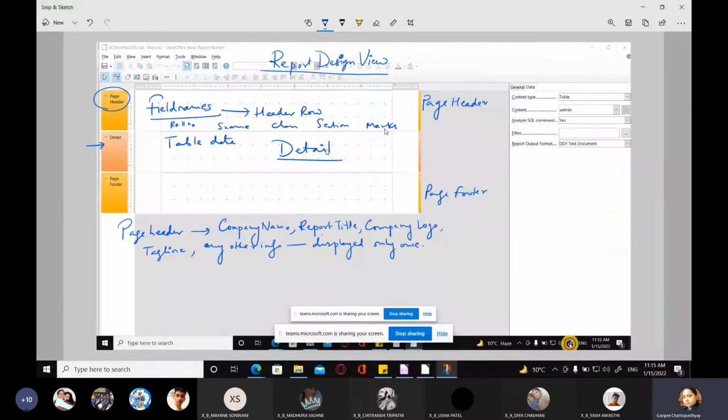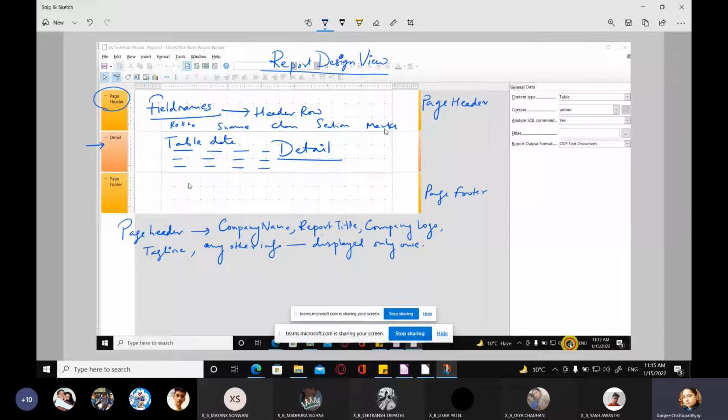Right. Now the detail section draws records individually, one by one, from the table, and it displays the record. So this is something which is repetitive. Again and again, one record each is fetched from the table and displayed in the detail section. So for this, you will have one single block. I will show it to you when we actually create a report. That will be displayed in the detail section, and that will always refer to data which is fetched from the table.